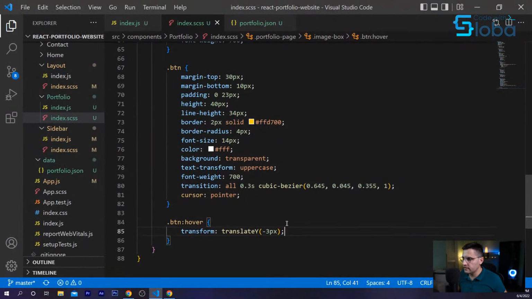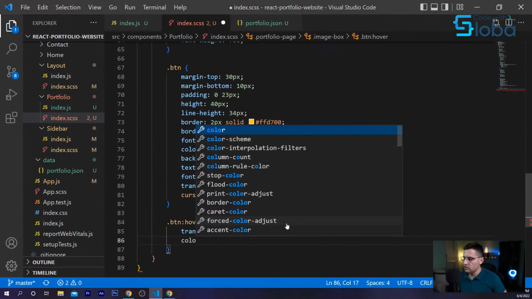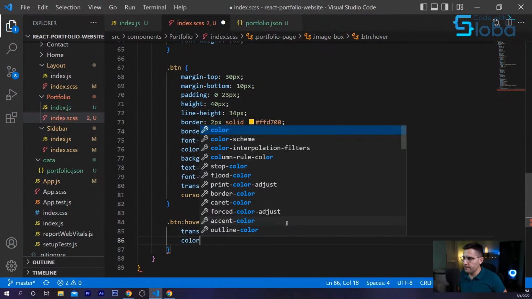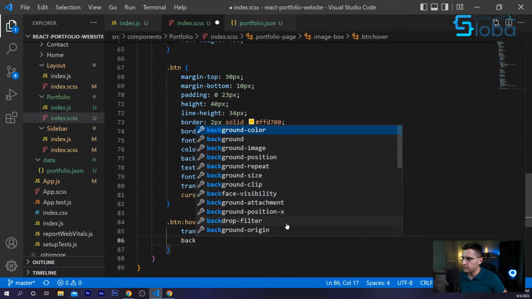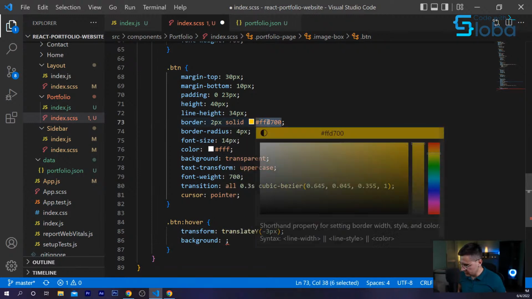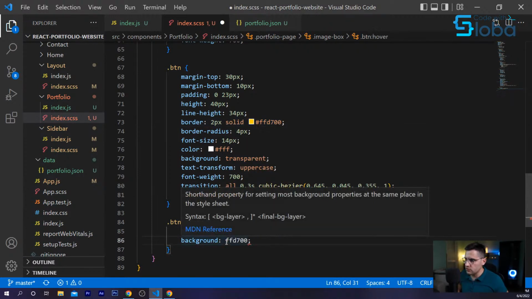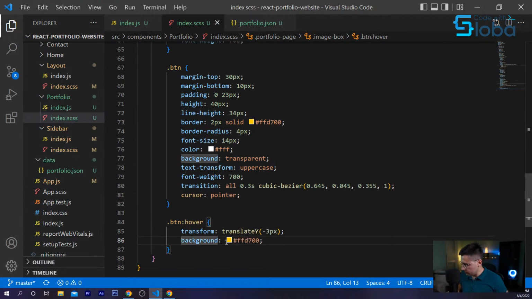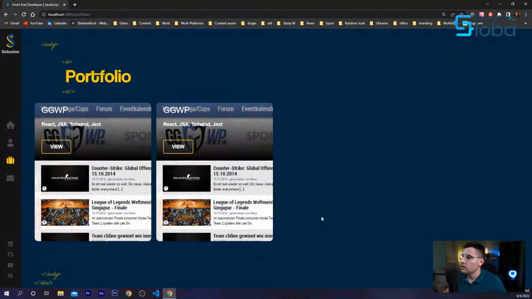And let's swap the colors. So use the background to be the white one, because right now it's transparent. So not swap, just use the background to be the yellow one. Okay, cool. That's nice.